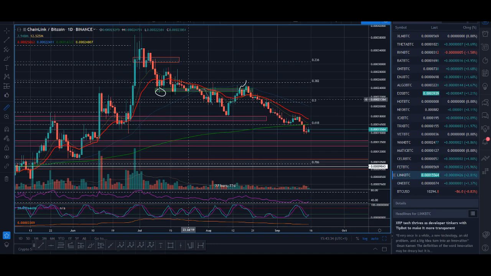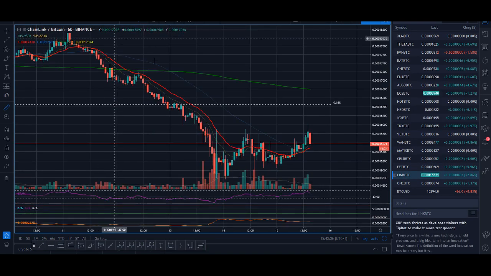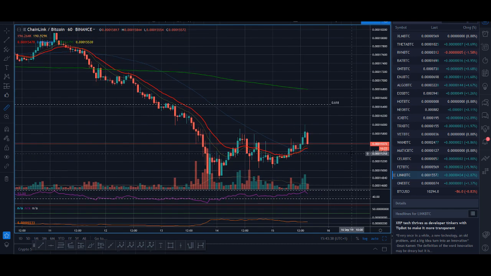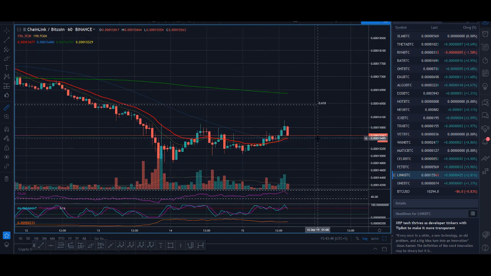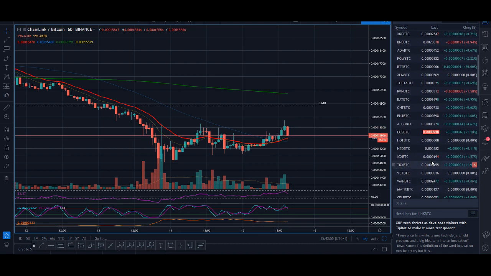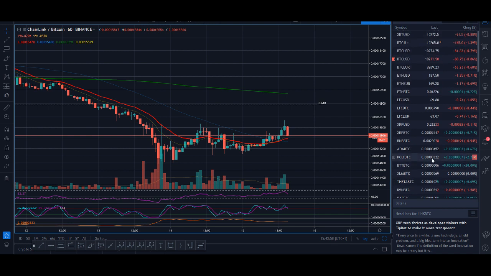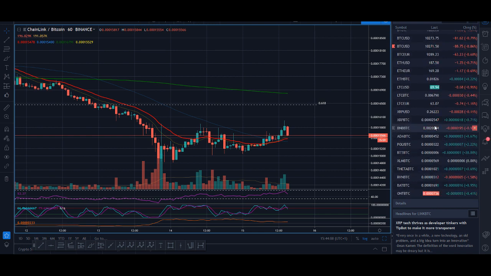You need to always have Link Army. You need to always have Link. Link could be looking to break out as well. You could be looking to buy Link. Let's draw a Fibonacci. It might be the 618 zone. Yeah, you could be looking to buy Link around the red moving average. This could be a potential setup I would be looking to play. But I'm mainly, like I said, interested in Ethereum, EOS, and Litecoin.